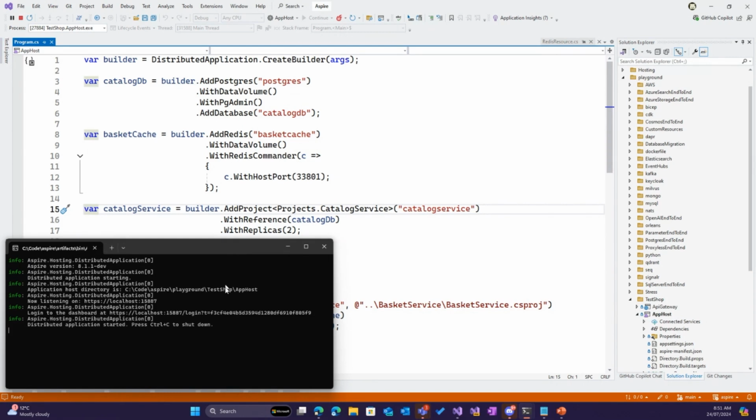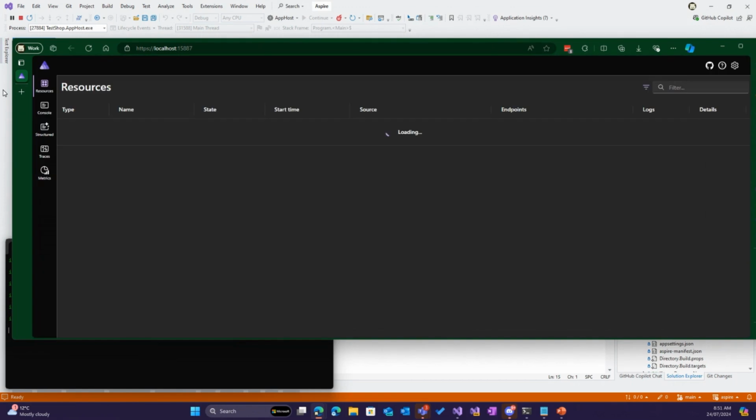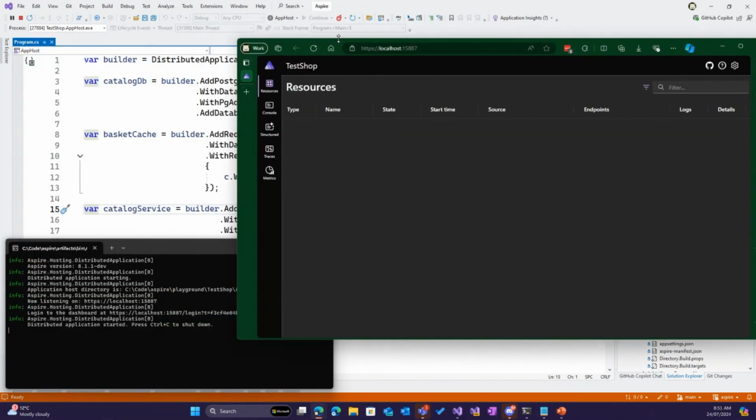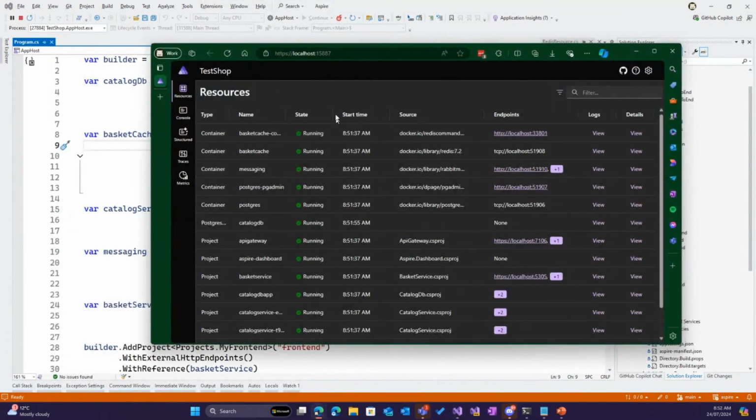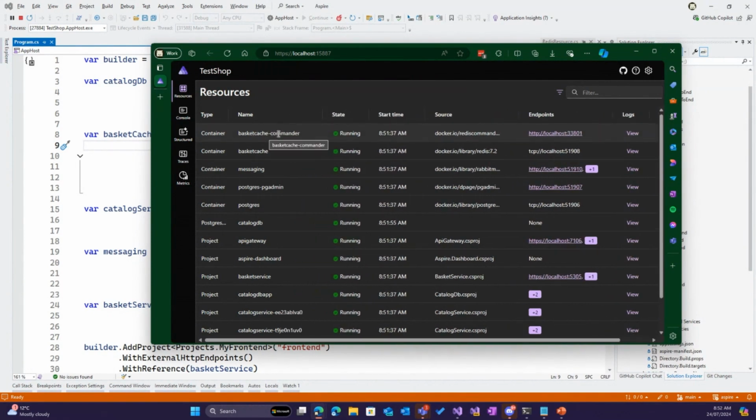Okay, we're launching. Oh, it's looking at the wrong window. Okay, so we can see here that we've got the dashboard. It has now gone and started a bunch of containers and processes for our test application. And we can see that we've got our basket cache. This is our Redis instance. But you can see we've also got our Redis Commander